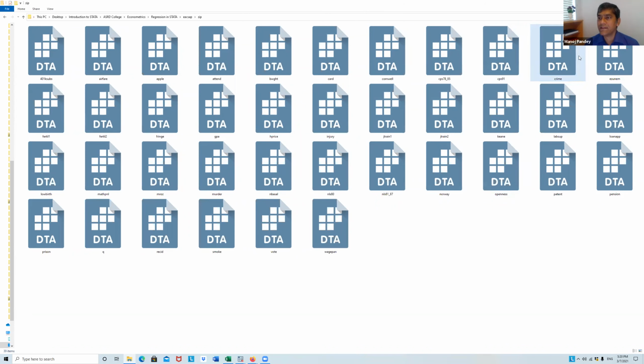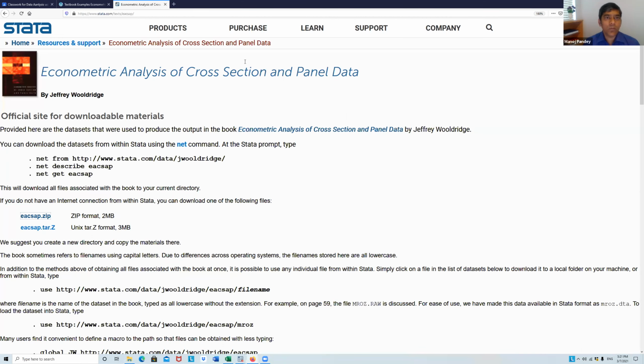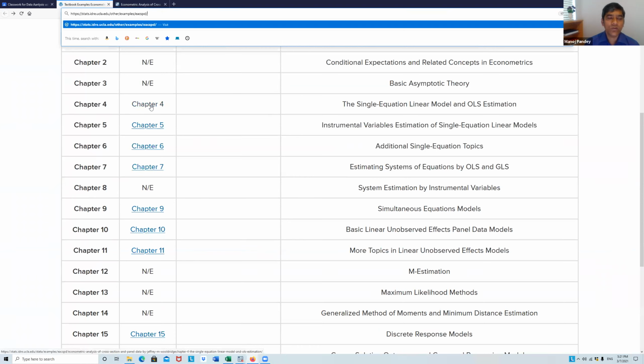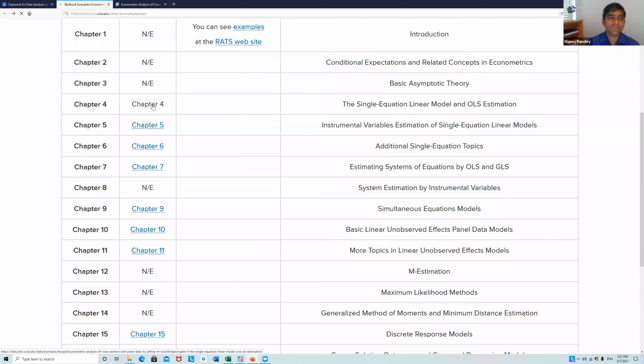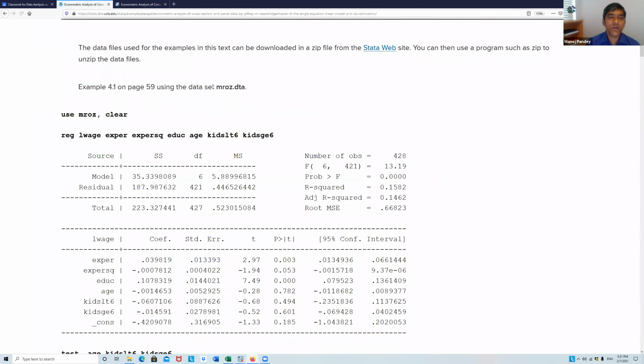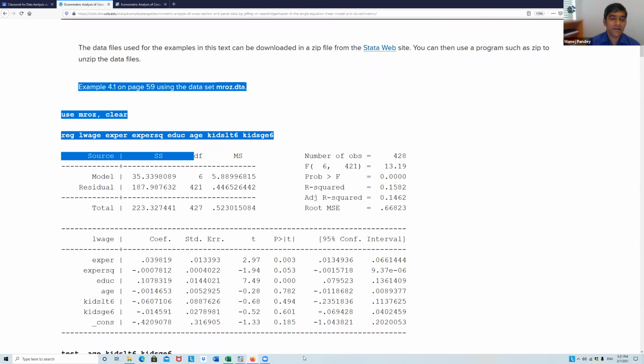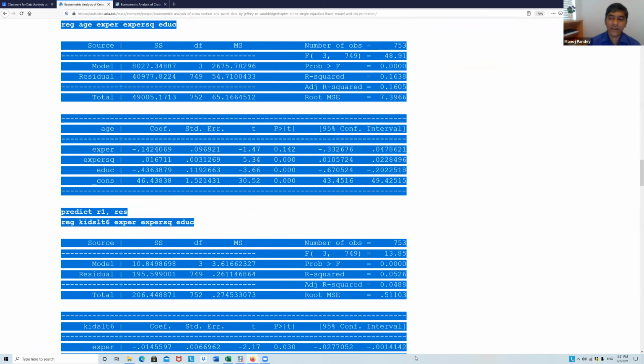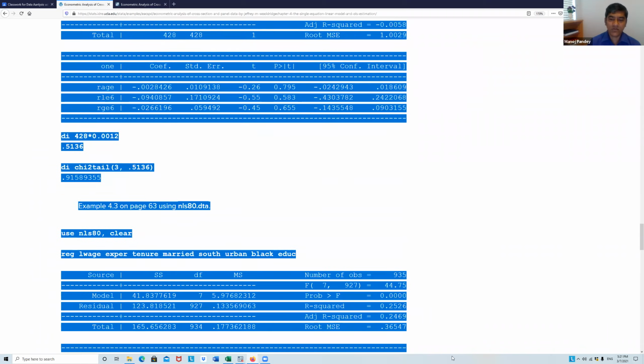I will be using this economics of crime example from this data set. If you are interested in this, you can go into the book, chapter 4, and find it here. So what I will be doing, if I have to create a do file, is this. I think it should be easier.